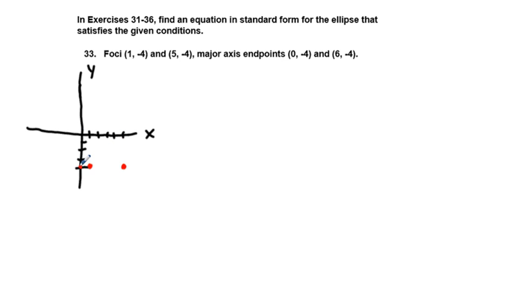So there we have it, right on the y-axis. And 6, -4 is our other major axis endpoint. And so we're going to be looking at a horizontally oriented ellipse, and our center is